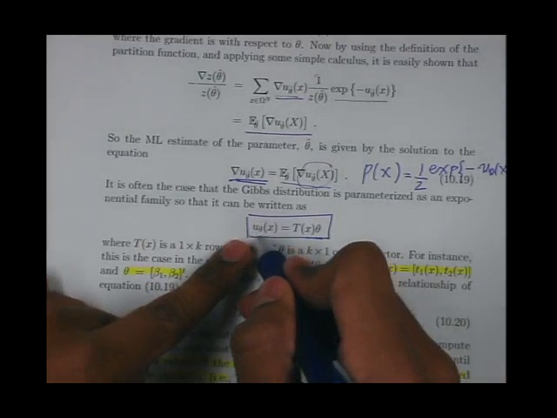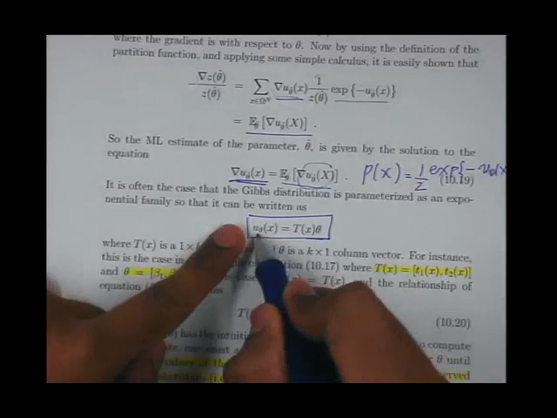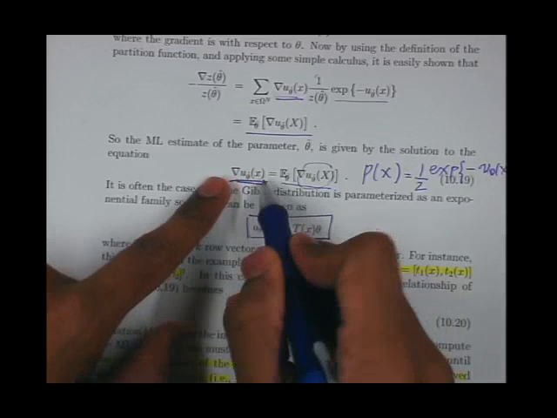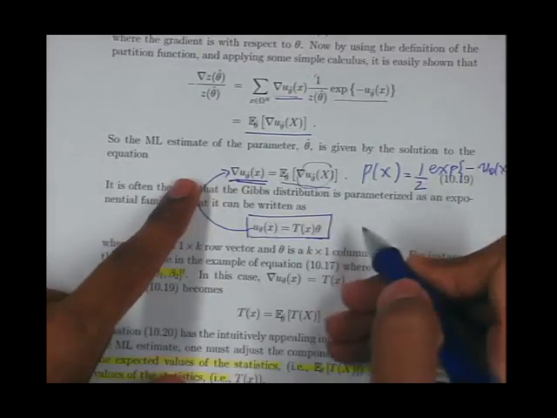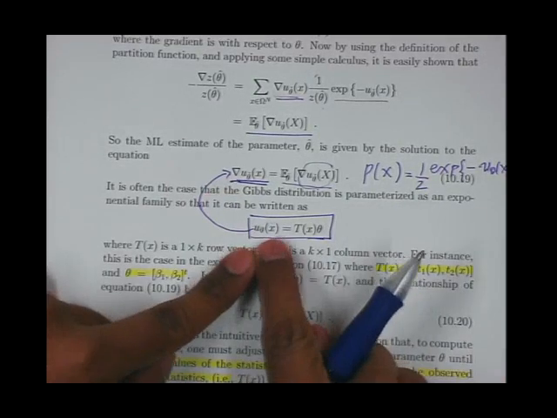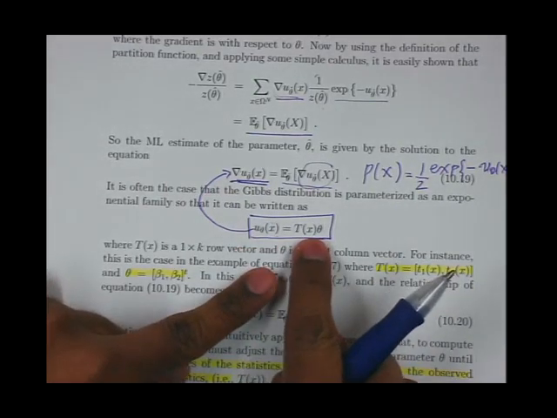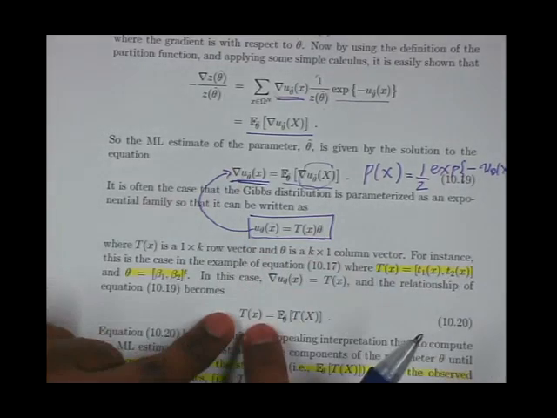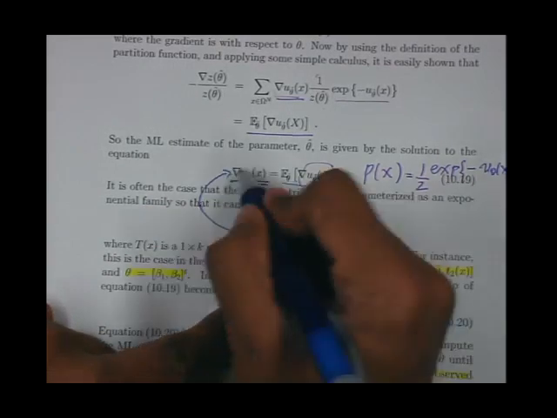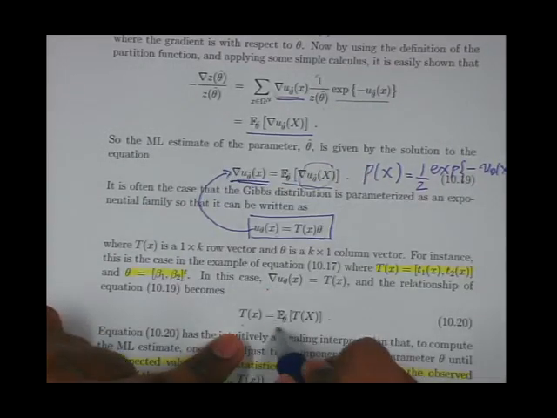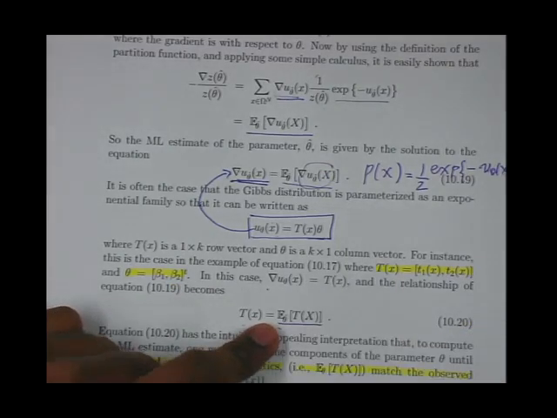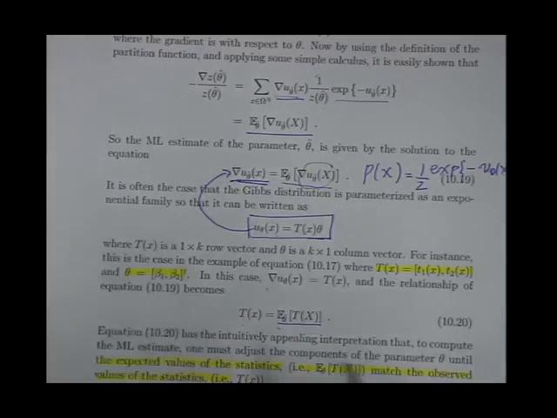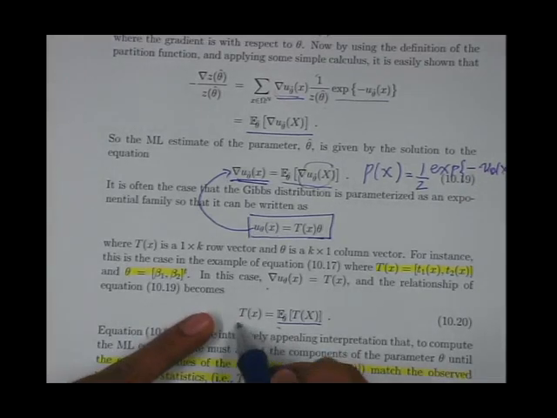So for the special case when u is equal to this, when you take the gradient with respect to theta on the left side, you're going to take this particular form of u and plug it in over here. Alright, so what is the gradient of this T of x times theta with respect to theta? So yeah, that's correct, it's T of x. So on the left side, what you just get is that the gradient of this is just equal to T of x. And on the right side, you get that it's just the expected value of T of x. So T of x is a statistic. So the point is, the optimal theta is one that matches the measured value,